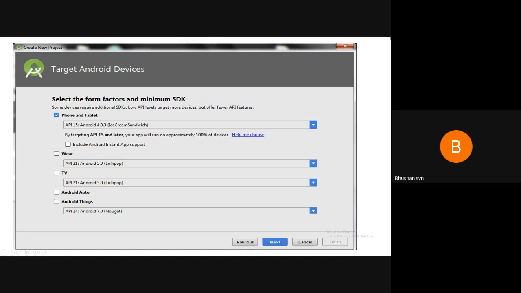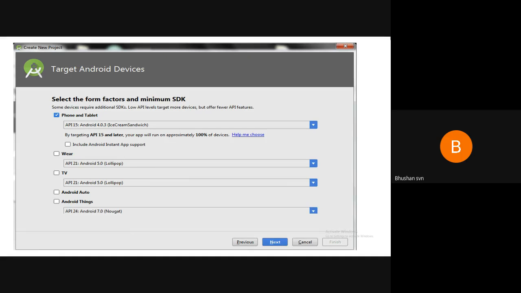Once you click on next, these are the options you are going to get. I will showcase them when I'm using the tool. You can run your applications on a phone and tablet, wearable devices, or Android TVs, and there are so many options available. This is just to give you a flavor of how it looks.